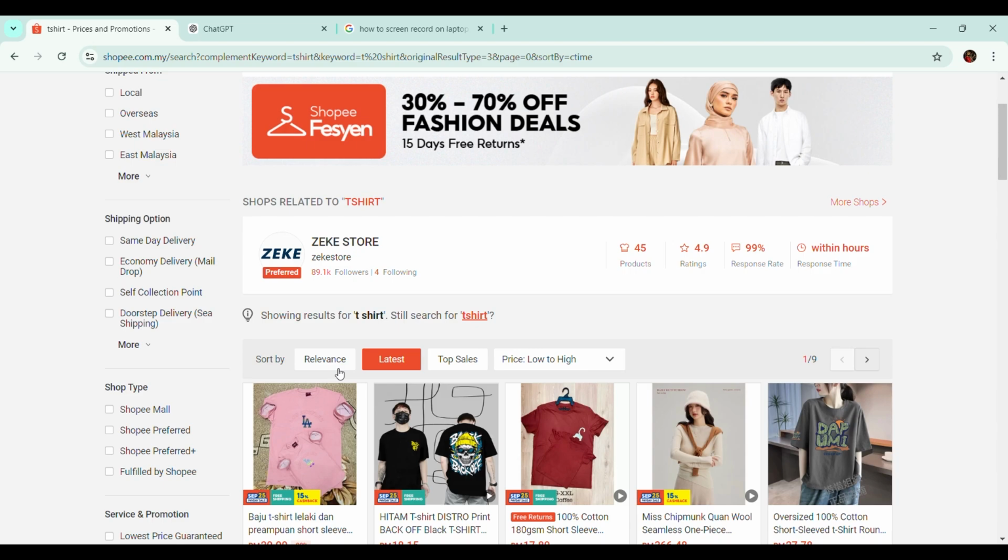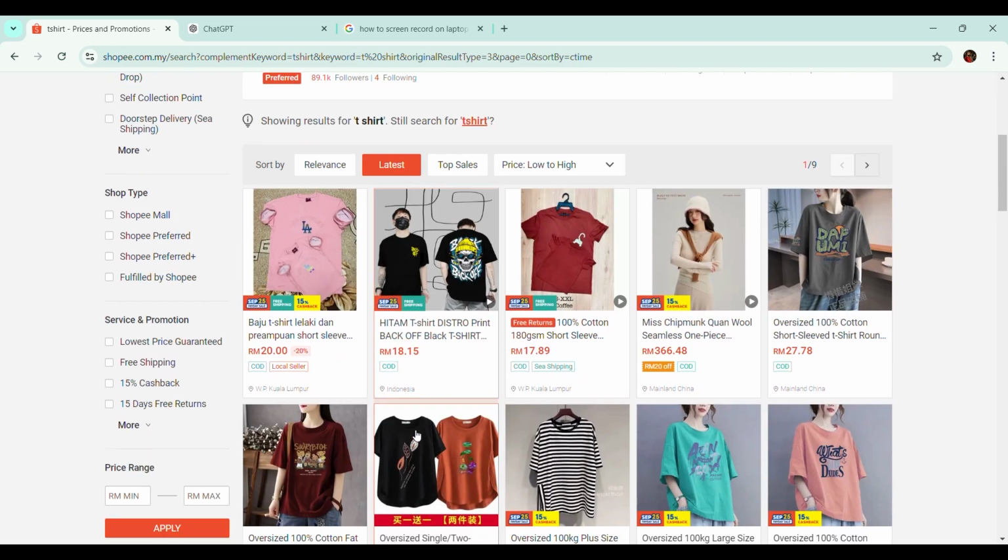Fourth question would be, are the fonts and text sizes on the app clear and readable across different devices? So the font and text sizes, this is a different font, this is a different font, and the text size of this product, and this free return is a different text size. All this I would like users to tell me, are these fonts and text sizes easily readable, and can they see without any issues based on the device they are accessing Shopee from.